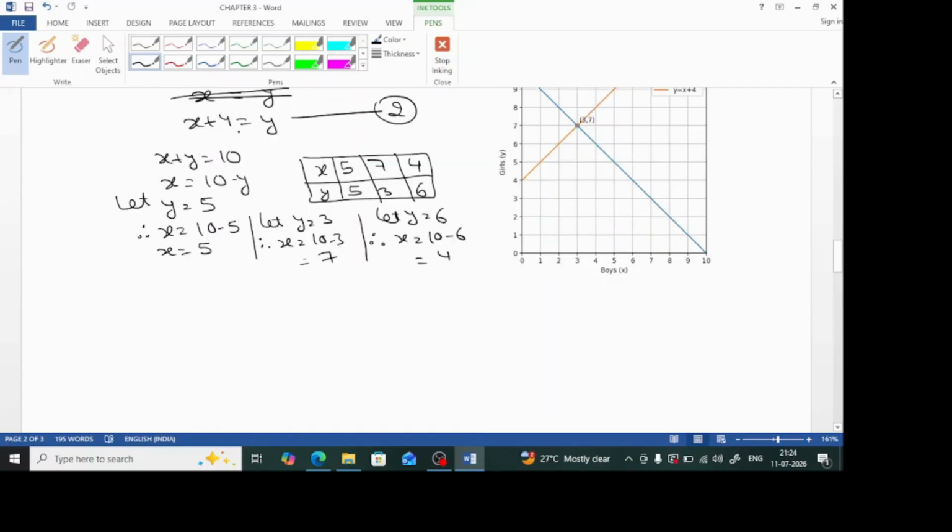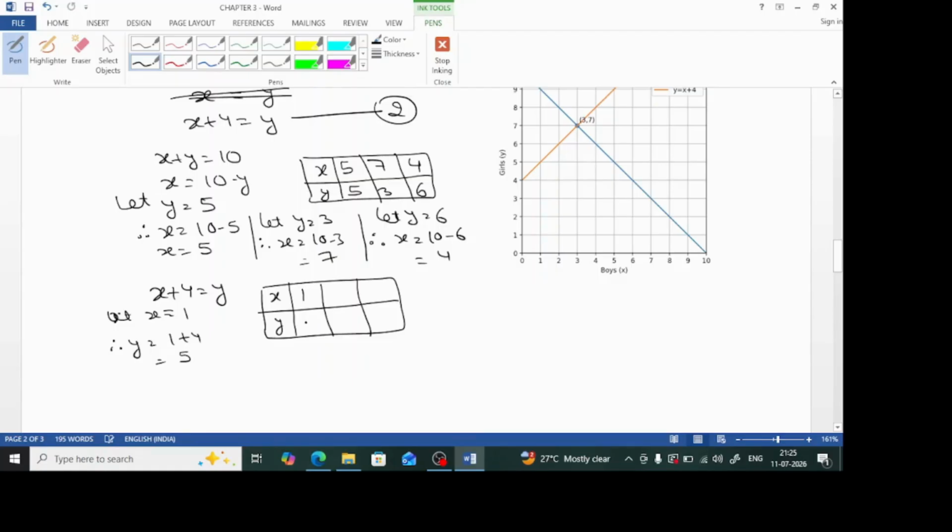Now the equation is x plus 4 is equal to y. Now we will solve this equation. Here we will assume the values of x so that we will get the different values of y. I will put it in the form of a table again. Let x be equal to 1. Therefore y is equal to 1 plus 4, which is 5. If x is 1, y is 5. Now let's take y is equal to 5. Then